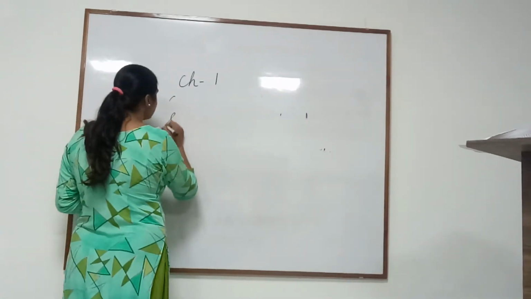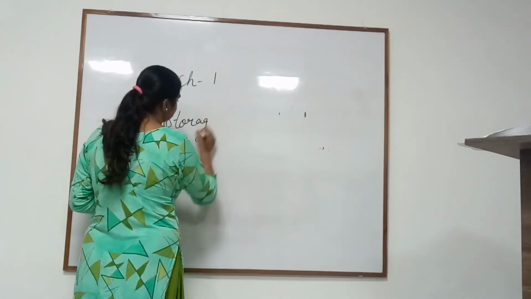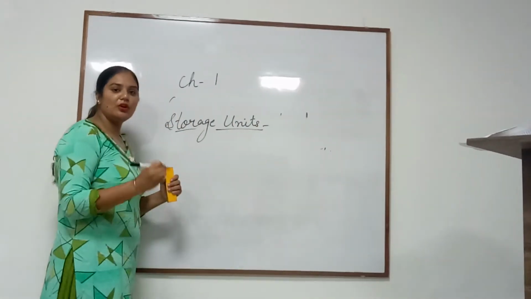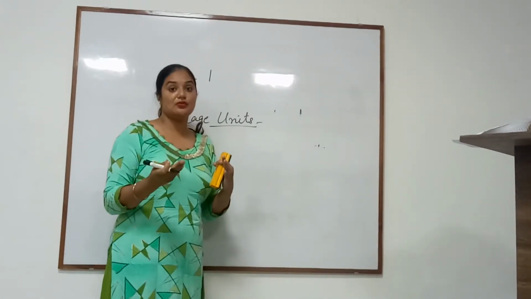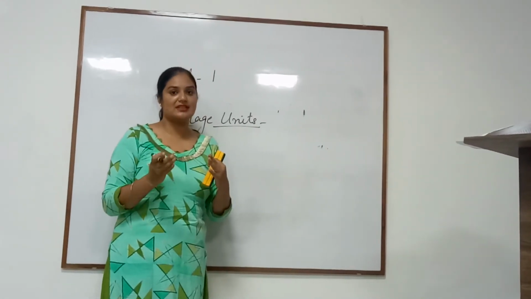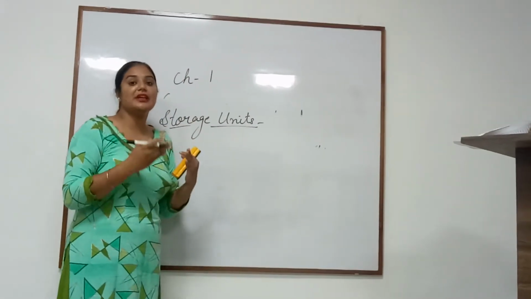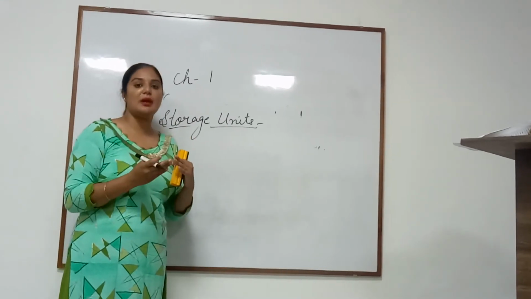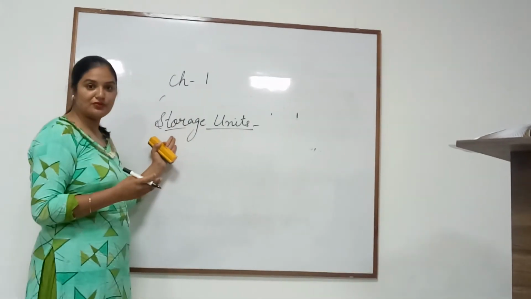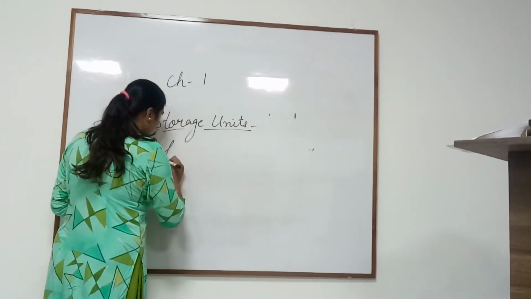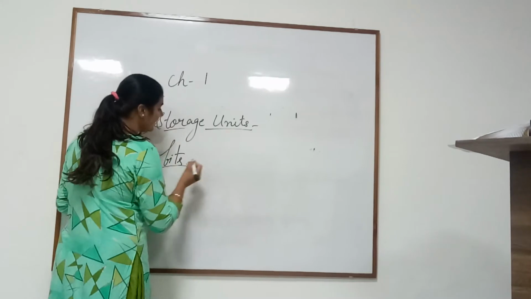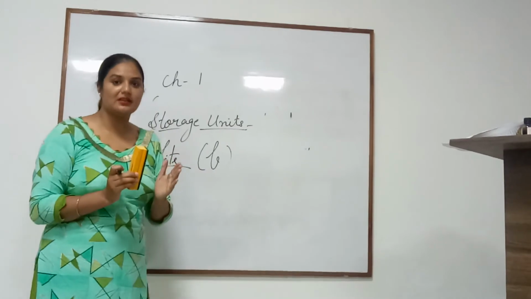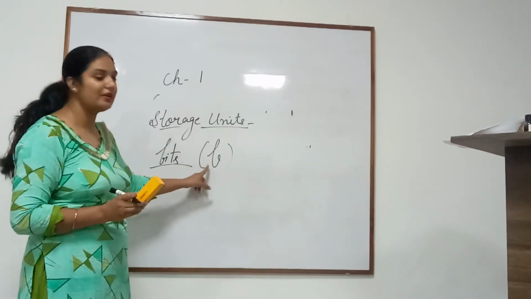So there are some storage units. As we all know, to measure something, any distance, anything, we have some units like kilometer. To measure distance, we need kilometers, we need inches, feet, etc. Same as in the computer, we have some memory units, right? For the storage units, the first one, the basic one, is known as the bit. It is always denoted by a letter B. Bit is a memory unit in the computer, right? And it is always denoted by B.